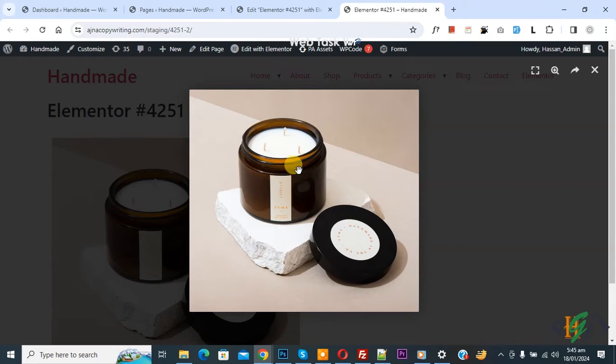Bismillahirrahmanirrahim. Assalamu alaikum. My name is Hassan and today we are going to change overlay or background color in image